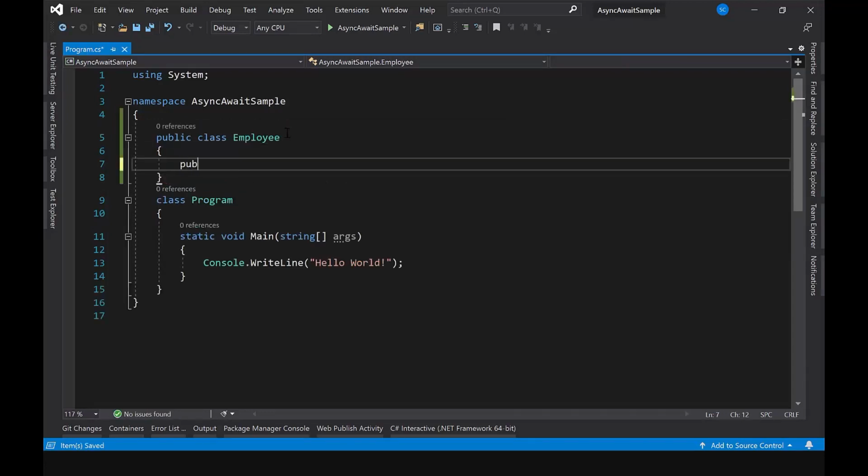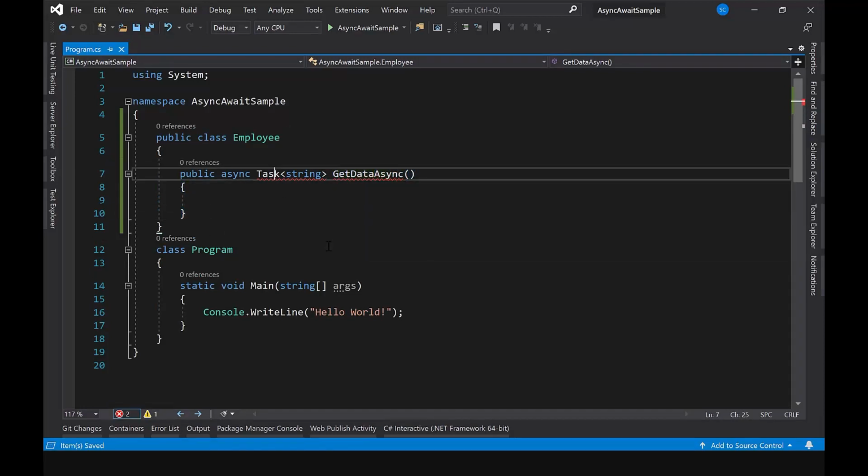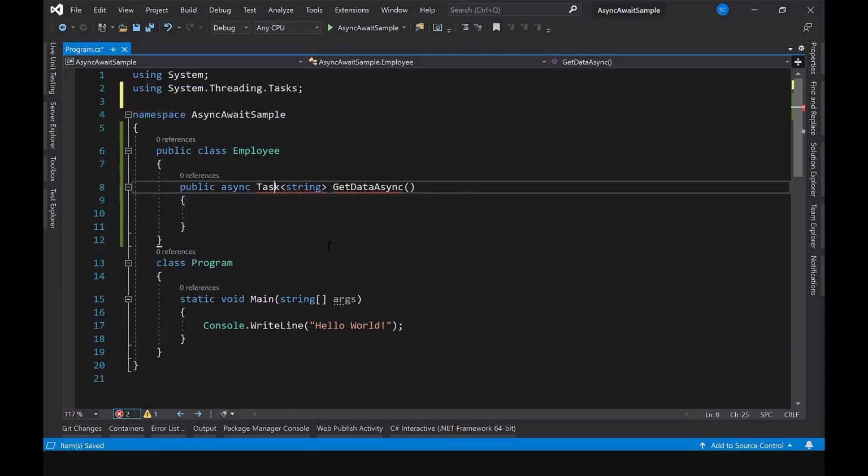And here let's say we are returning the employee information, and I'm just using async here, and it would be an asynchronous method. So it will return the data in a string format. So GetDataAsync. As a best practice, you should keep Async as a suffix so that you will understand it is an asynchronous method. Let's add the missing namespace